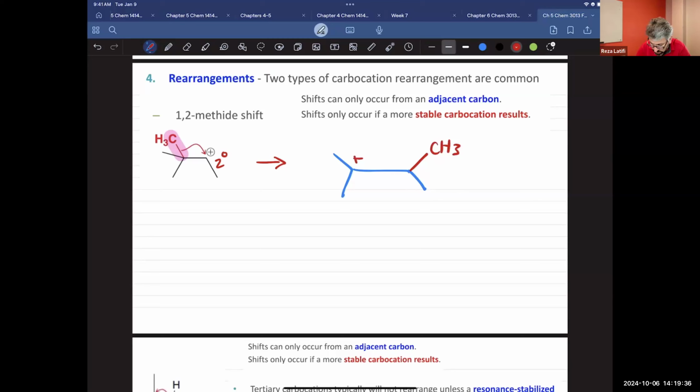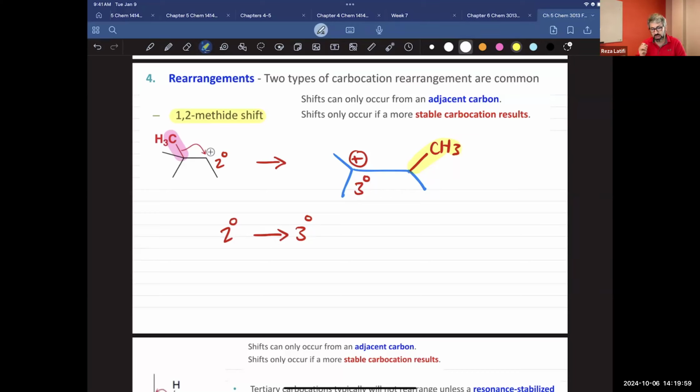Now we have a positive charge there, and this is going to be a tertiary. It used to be secondary. So from a secondary carbocation, we turn it to a tertiary carbocation. And because we moved a methyl group, we call it a 1,2 methyl shift, and then technically